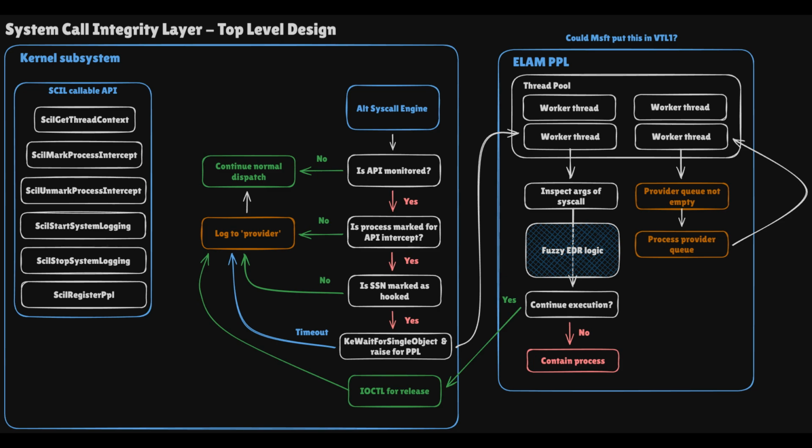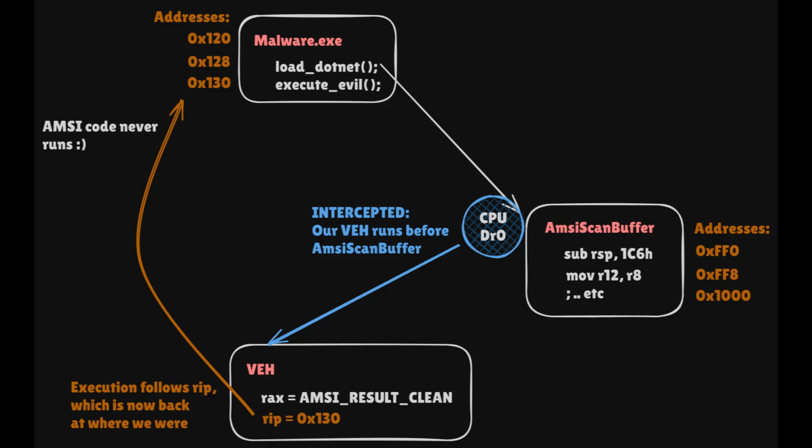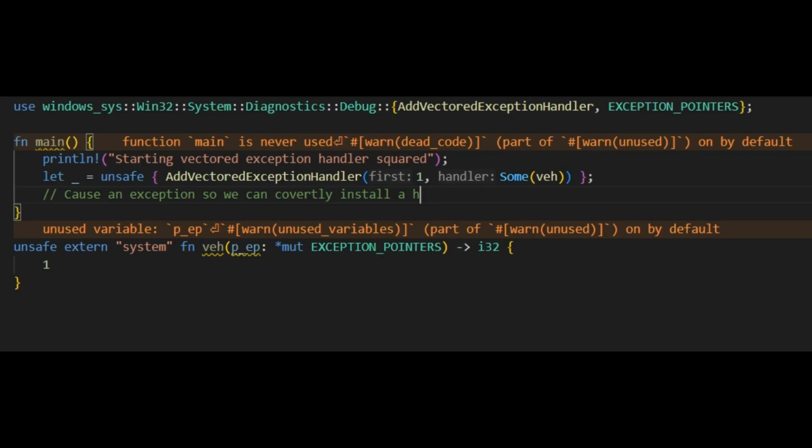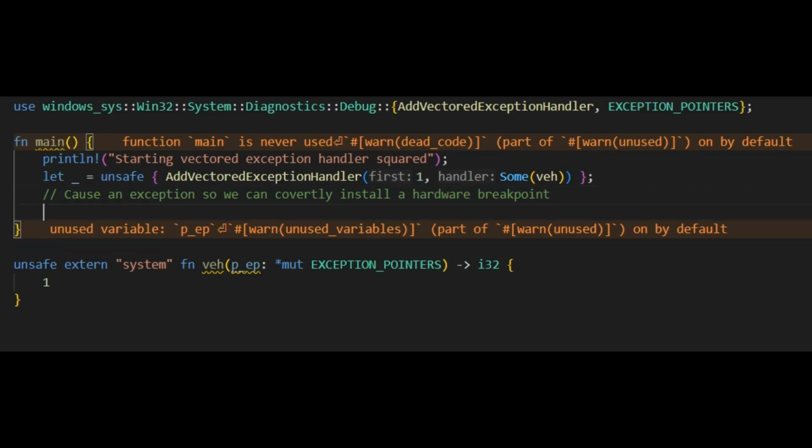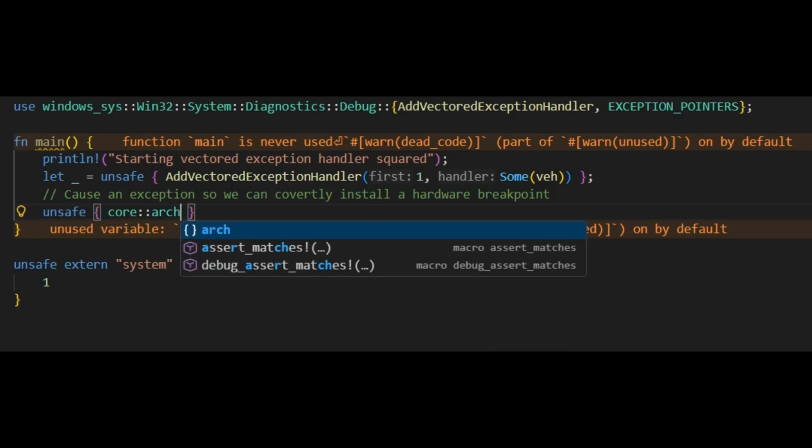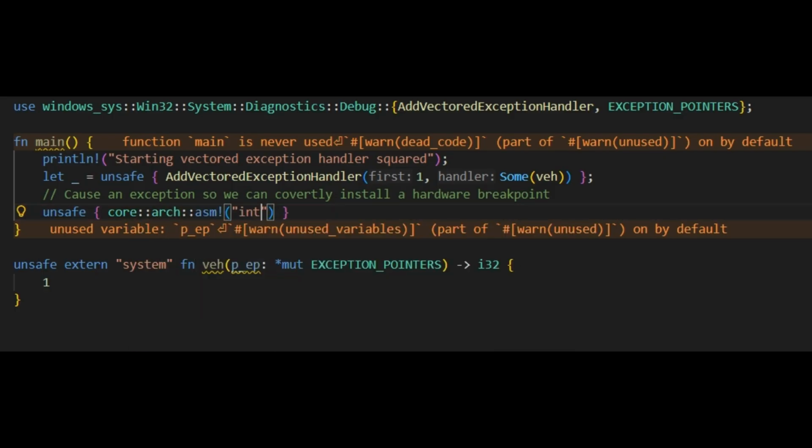In this video we'll continue looking at the system call integrity layer to detect malware using vectored exception handling squared. In a nutshell, this technique involves setting hardware breakpoints over the address which the malware developer wishes to avoid having executed. The clever thing with this technique is that it occurs in a far more subtle way, where the adversary is able to set the debug register from an ordinary exception rather than through the normal APIs, which are easily